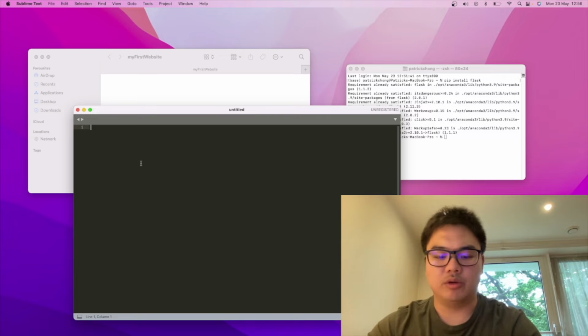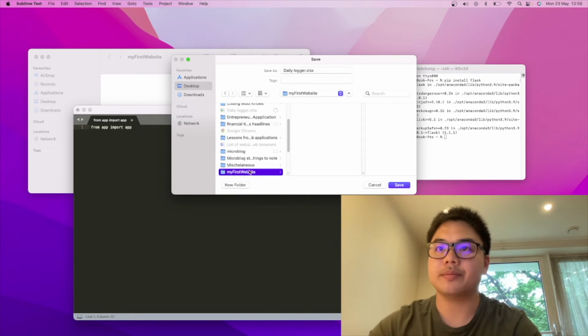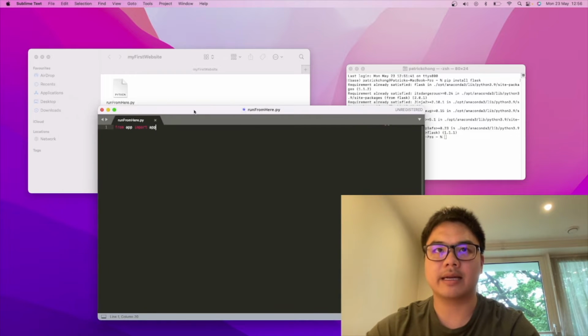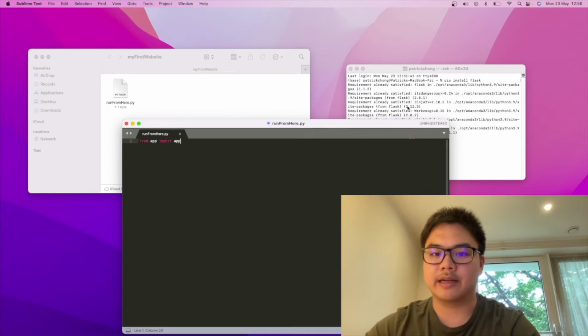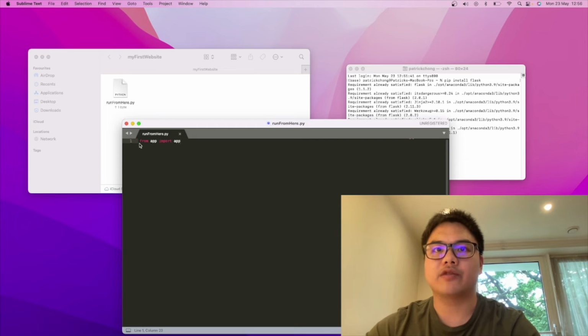And what we'll do is we will type in from app import app, right? Very easy, and we will save this down into the My First App folder, right? And you will save it down as run from here.py, and you'll see what all this means in a second. But basically what we will do, just to explain things in advance, is that later on when we run our website, we will run this script first, hence run from here, and then inside it, it says from app import